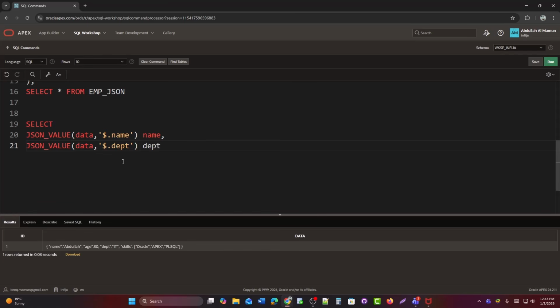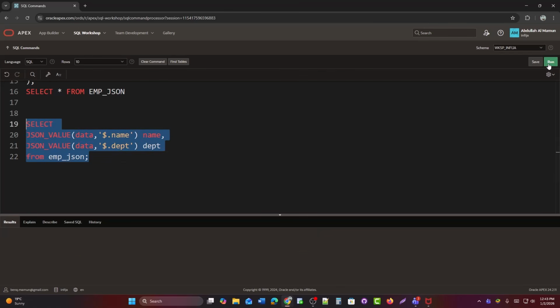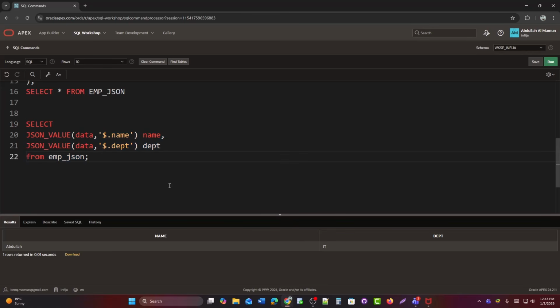And finally selecting all this data from the emp_JSON table. After running the query, you can see the result. The JSON data is now converted into normal table columns, and we can clearly see the name and department values